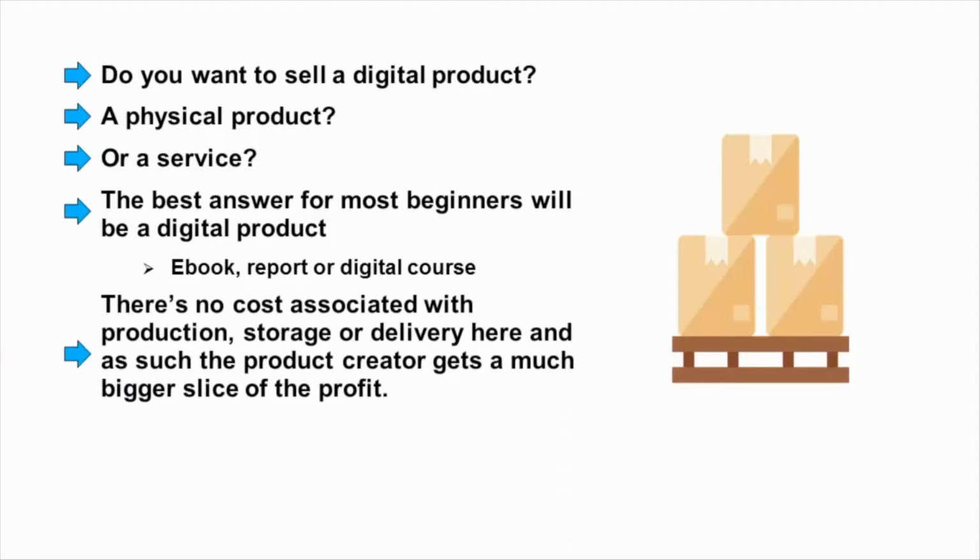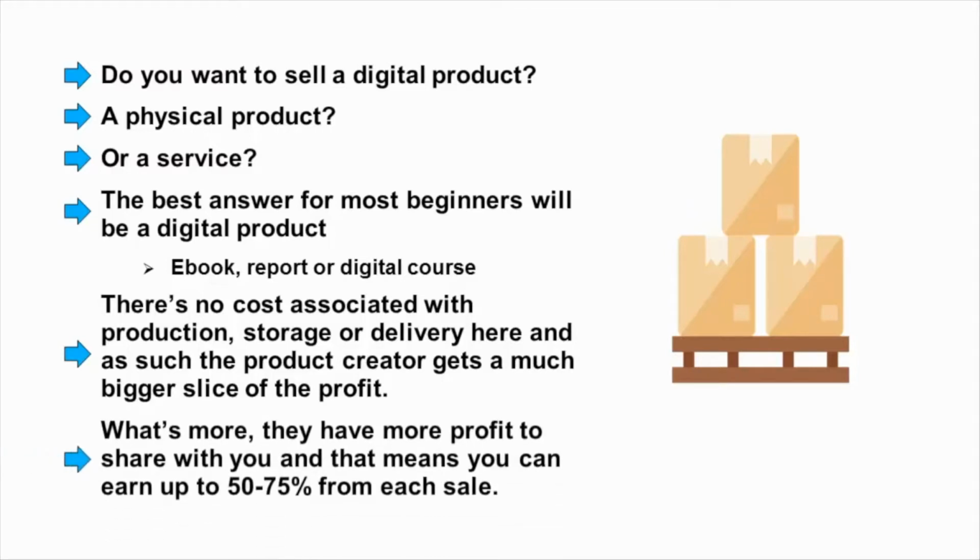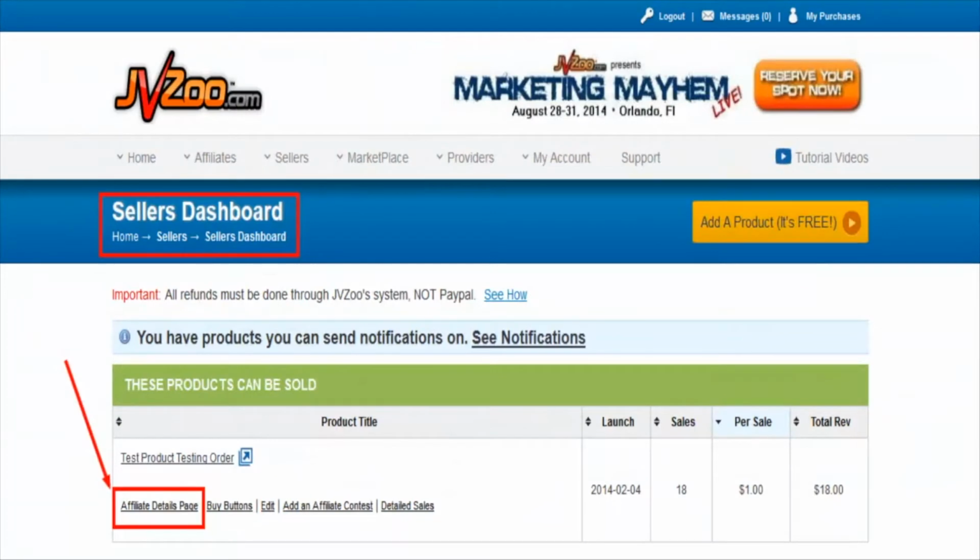There's no cost associated with the production, storage, or delivery here, and as such, the product creator gets a much bigger slice of the profit. What's more, they have more profit to share with you, and that means you can earn up to 50 to 75% from each sale. To find these products, you should look at an affiliate network such as JVZoo, which you